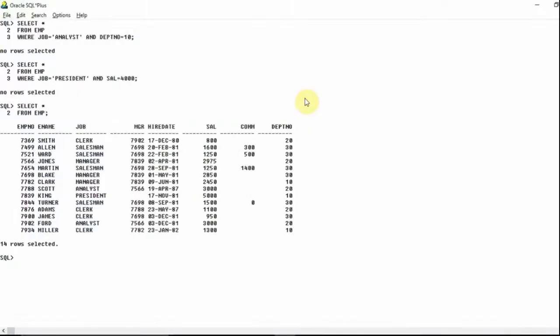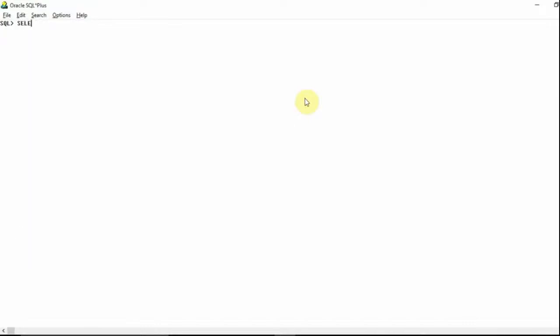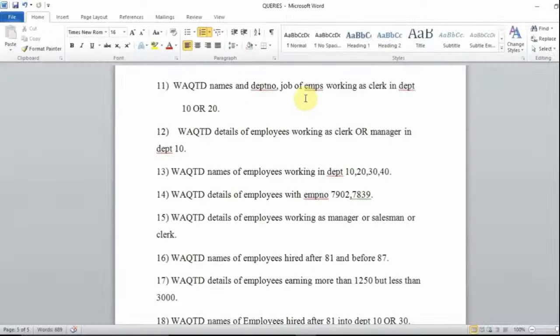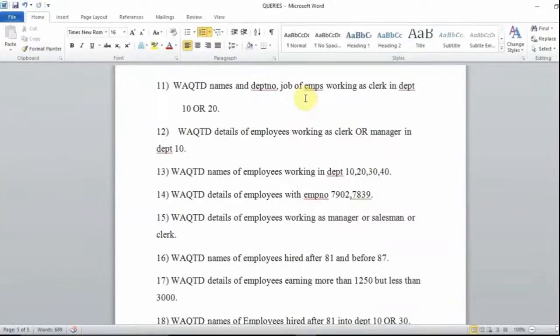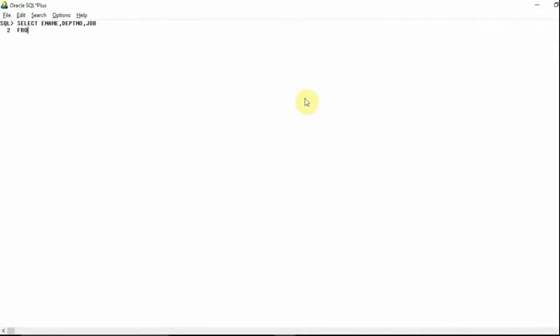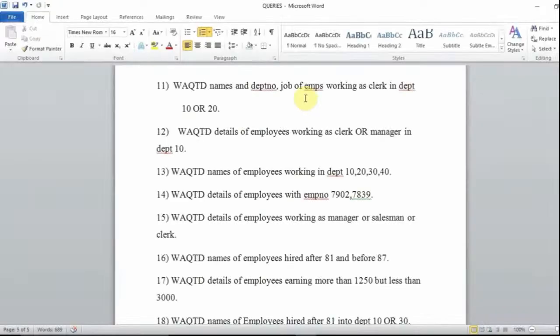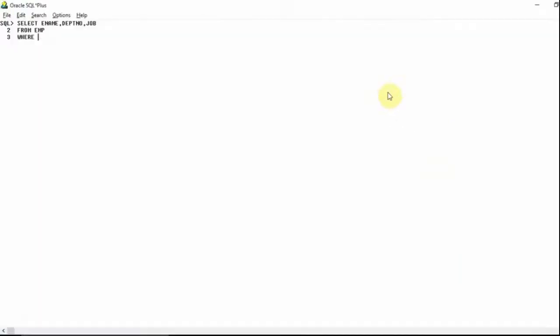So first I will write clear screen and select employee name, ENAME, after that department number, DEPT number, after that I want to display job, so I will give it as job, from EMP I have to select, and there is a where condition which says working as clerk in department number 10 or 20. So job should be equal to clerk,